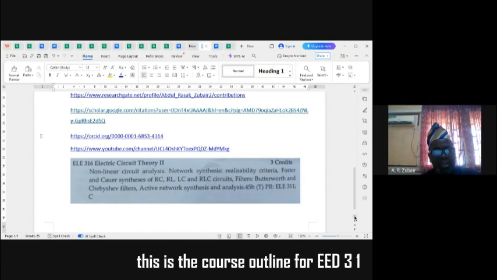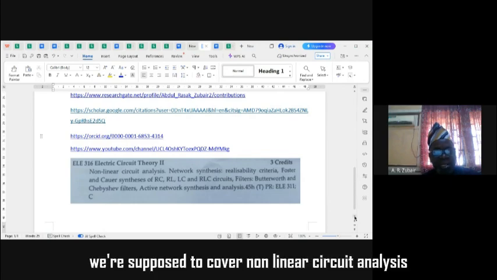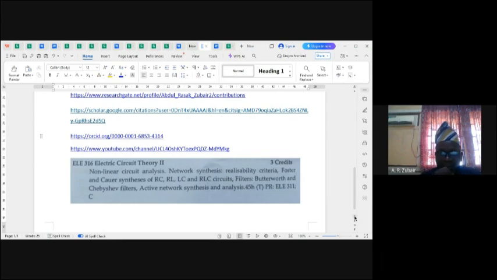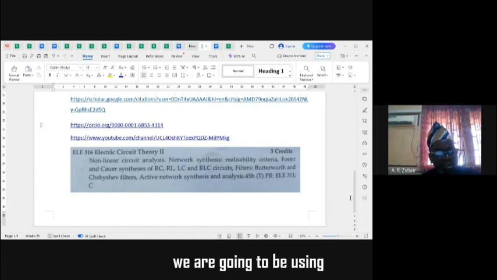This is the course outline for EL 316, Electric Circuit Theory 2. We're supposed to cover non-linear circuit analysis and network synthesis. We'll start with network synthesis. We're going to be using